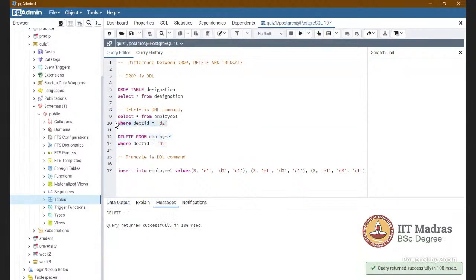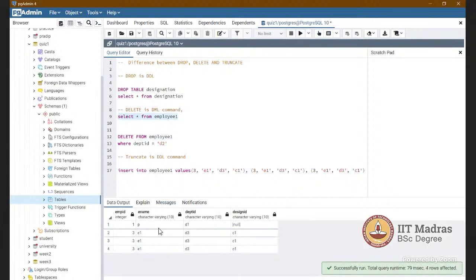And now if we check, we can see the department ID D2 is not there because it deleted that particular tuple, right? What happens if we omit this where clause? It will delete all the rows.